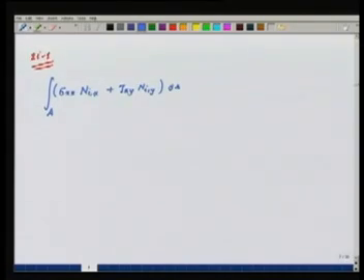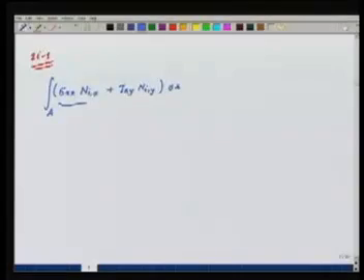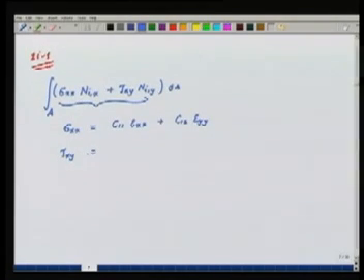This is going to be the row corresponding to alpha 2i minus 1 in the element, or corresponding to N I in the element. Now sigma xx is, by what we have done, C11 exx plus C12 eyy. Tau xy is equal to